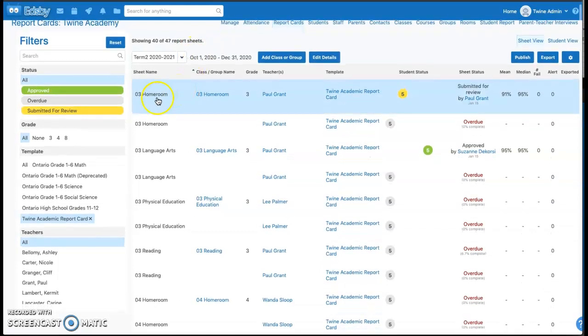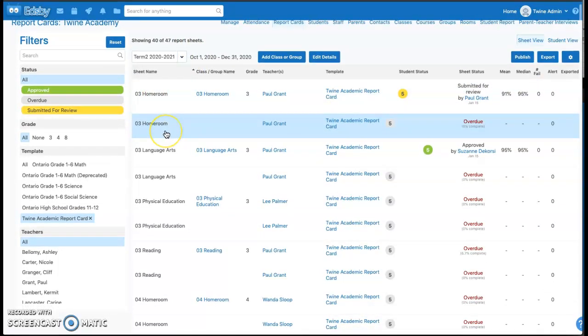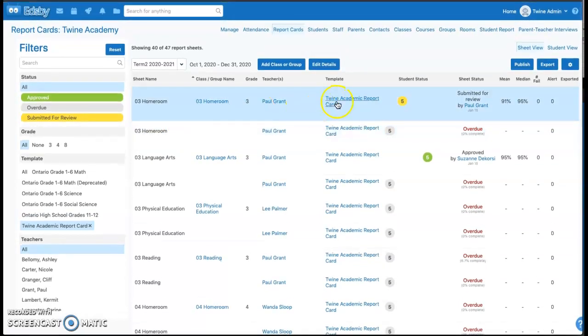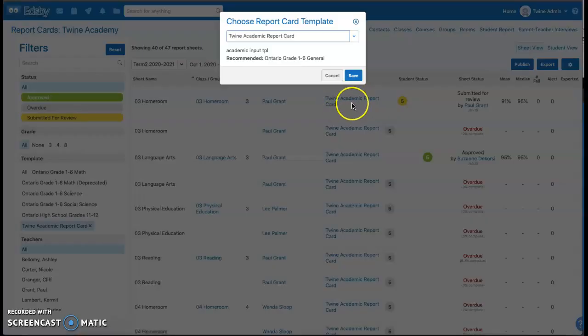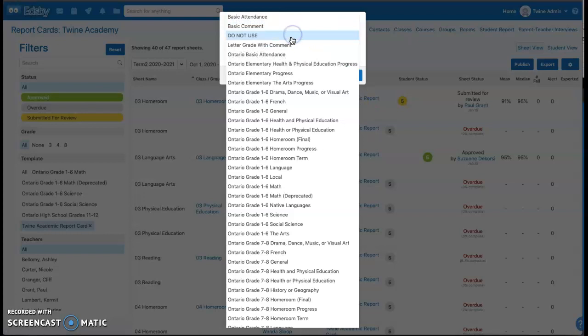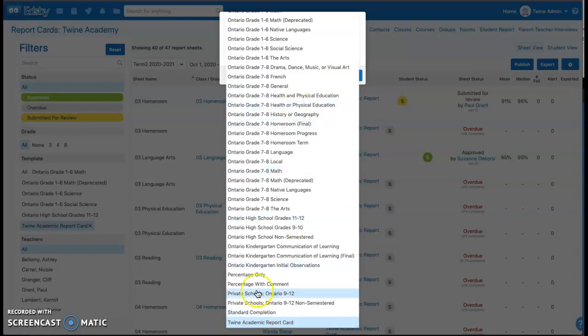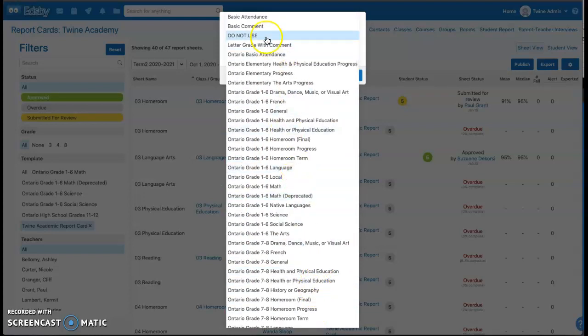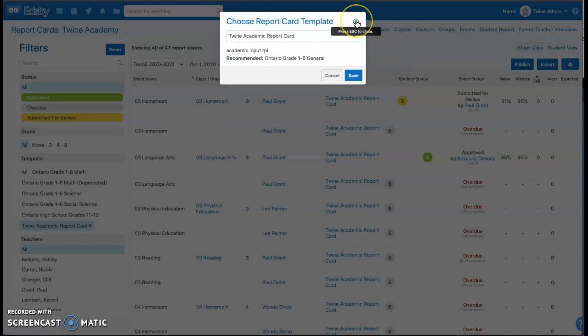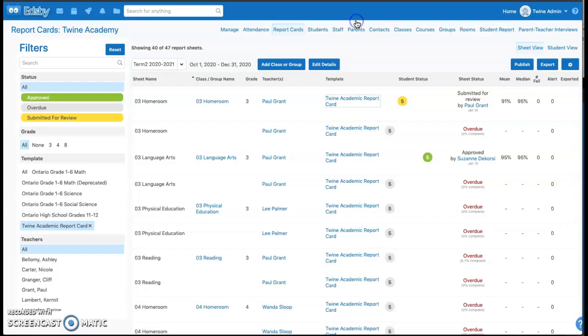And here we see that we have some homeroom classes assigned the academic report card sheet. Now I could go one by one finding the homerooms, click academic report card, hit the drop down, and go find a homeroom report card template. But that's a little complicated for doing it for multiple sheets. So what we want to do is filter out the ones we need,